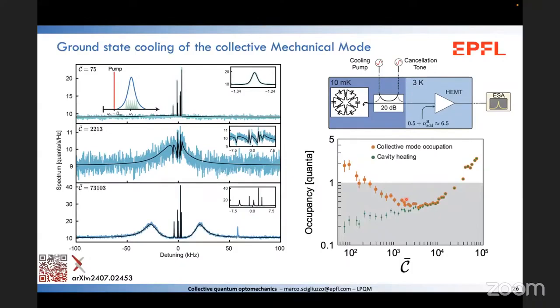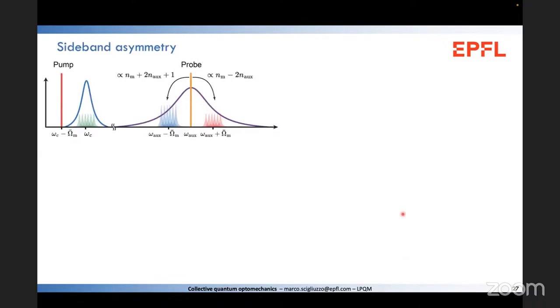And we see that indeed we managed to pull down reasonably to the ground state, even though in this position we are limited by cavity heating. It's basically non-ideal behavior of our linear oscillator that just gets warm due to the thermal population due to the very high driving strengths. And finally, we want to show sideband asymmetry, meaning that when we pull down or we